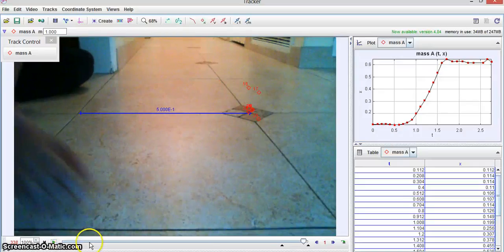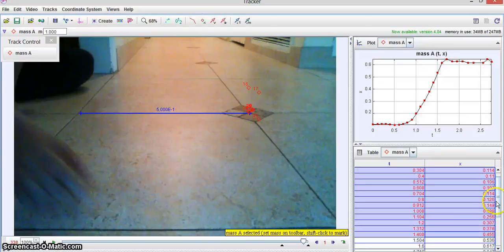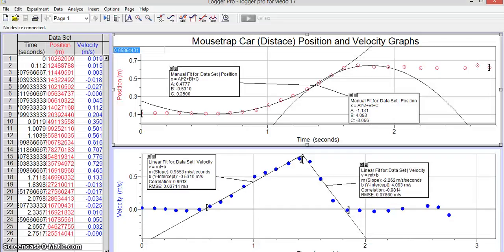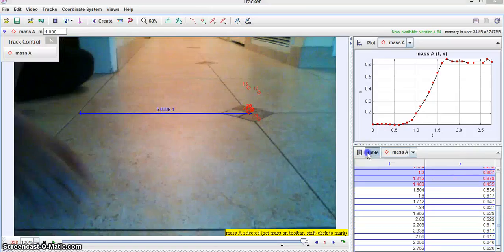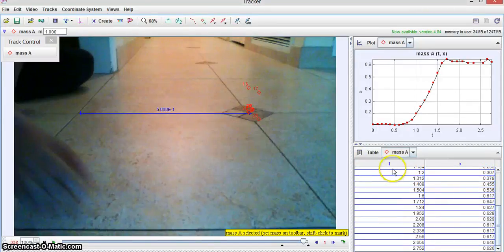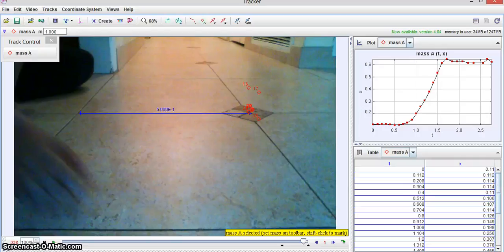So that's how I use Tracker, and then I just copy pasted all of this onto Logger Pro here, so I can show you that right here. All I did was delete the Y. I unchecked the box because I don't really need the Y. I'm just doing position time, and then I copied all the values for position time and put them into